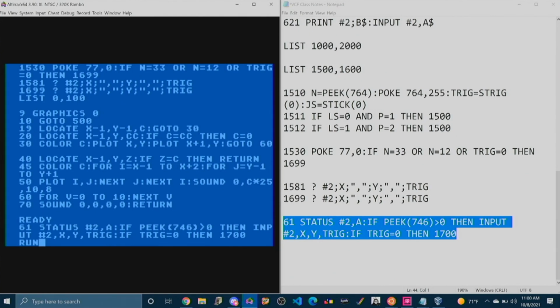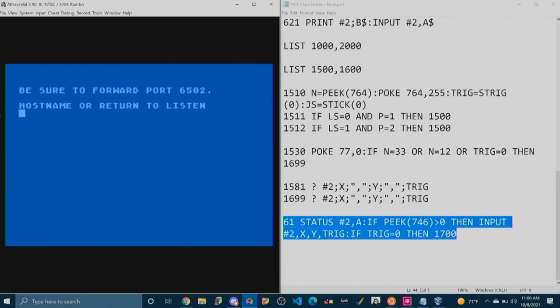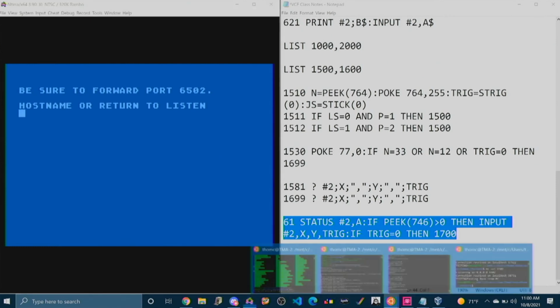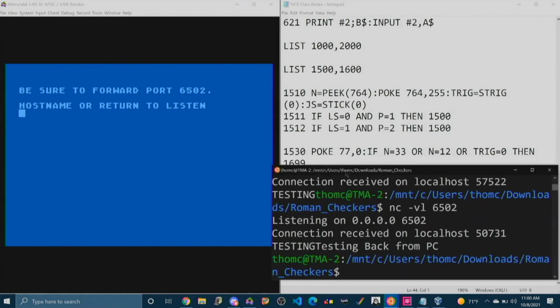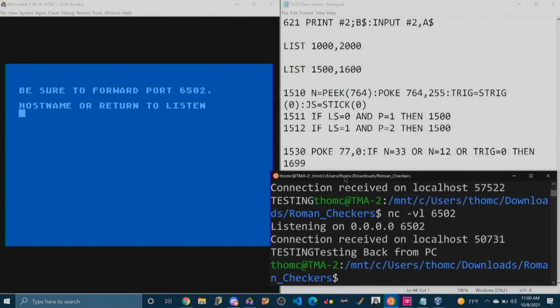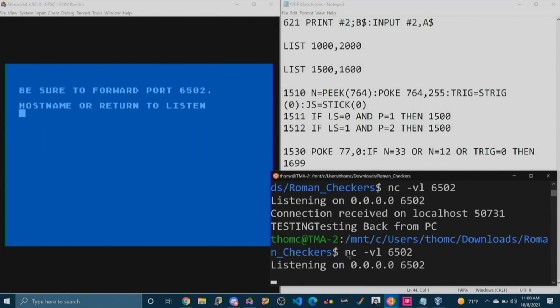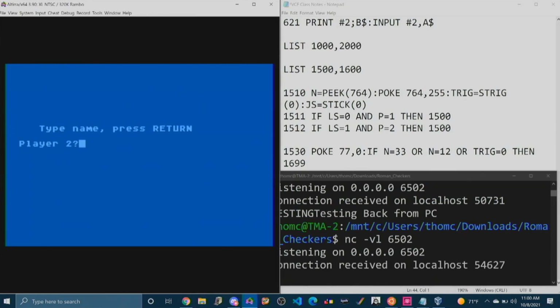If we go ahead and start it, I'm going to do the same thing I did before with this window here, and we're going to use netcat as our test so you can see what's happening across the network when we play this. Using the same port as before, netcat, listening, and we'll connect. Connection received,